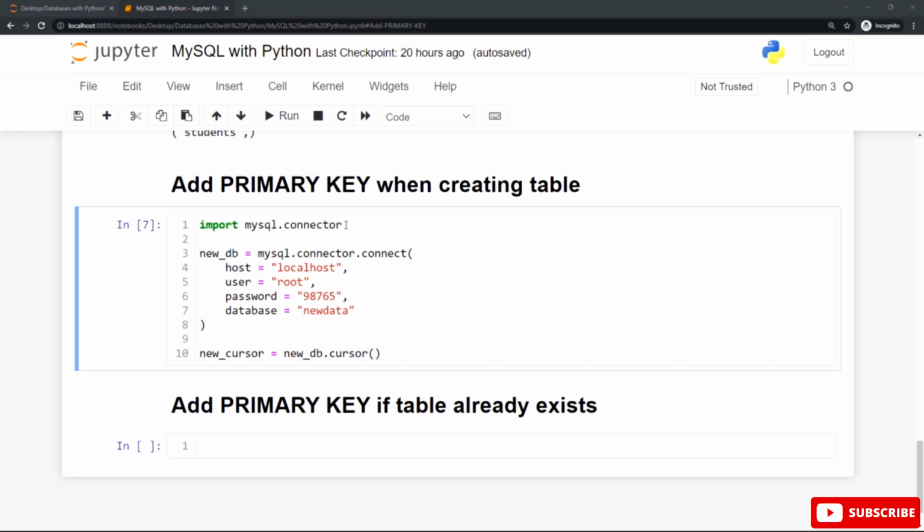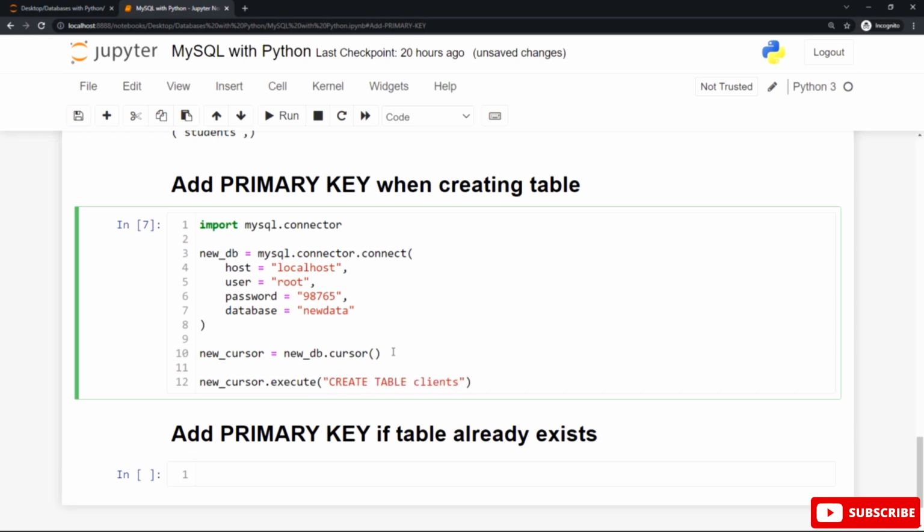First of all, the import statement to import MySQL connector, and you know that. Then the connection by using the connect built-in method, the connection for this database, the host name, the username, the password, and the database name, as you can see, separated by commas, all that inside the round brace. After that you can see the cursor built-in method to perform the MySQL operations and commands. Now let me show you how to add primary key.